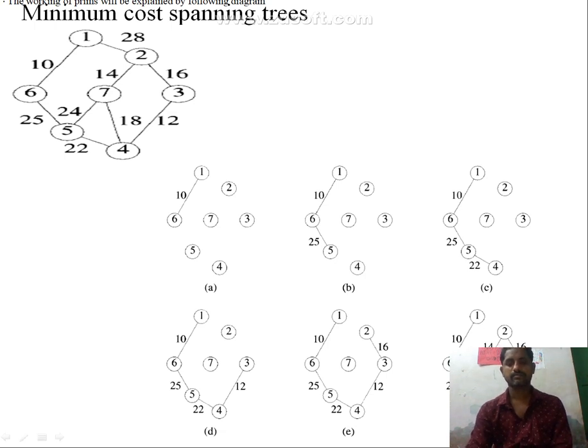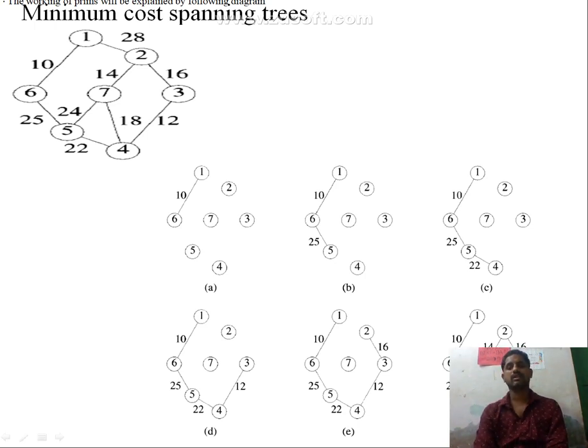Okay. So here first we assign a single vertex, that is 1, and from 1 we have to assign the minimum edge. There is 1 to 6 or 1 to 2. This 1 to 6 is the minimum. So first of all we go from 1 to 6. Then the 6 adjacent vertex is 5, and 5 has 2 adjacent vertices, 7 and 4, but we go only to 4 because it is the minimum cost. And 4 has 2 adjacent vertices, 7 and 3, but the minimum is 12. Then go from 4 to 3, 3 to 2, and 2 to 7.